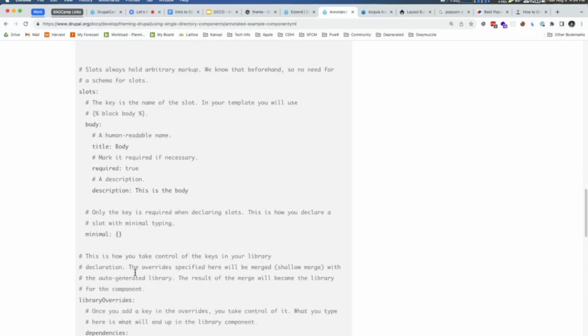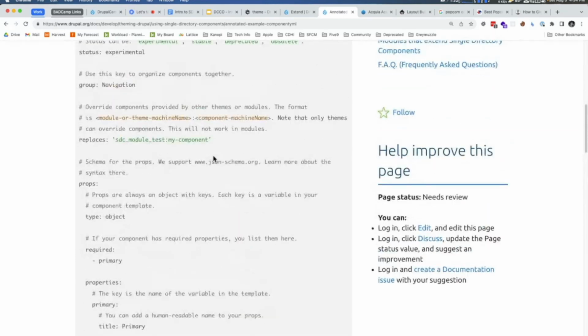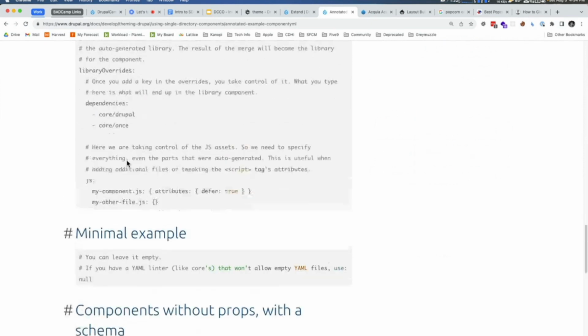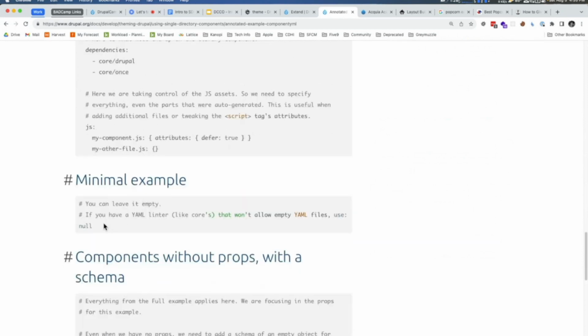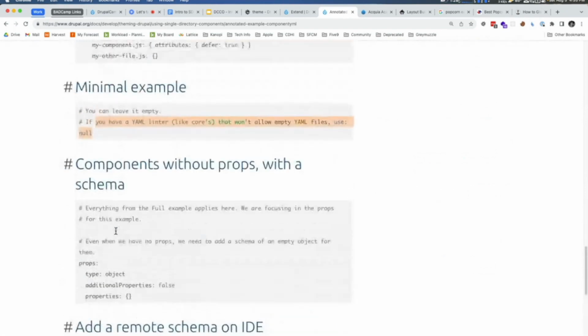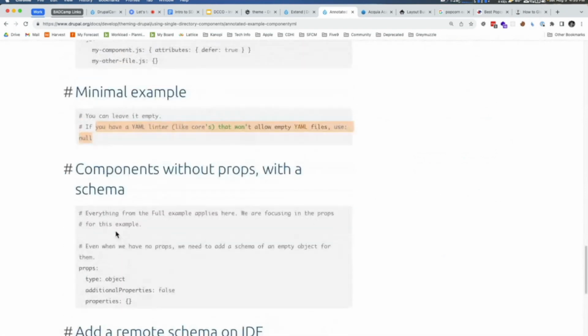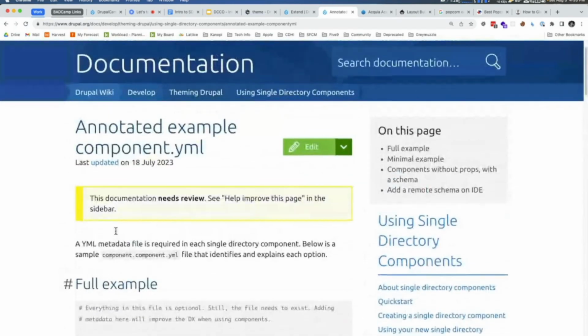So a couple other things that it does have here and that I'll go over later as well is whether it replaces it. If you are extending a module or a component, you're going to want to replace the original, and this helps you do that. It also has some libraries in there. Like I said, if you have your libraries all in the one folder, it'll work. But if you have to extend other libraries, you can actually do that as well. It says there's a minimal example where you just keep it null. A lot of great stuff in there. And if you want more information on the schema and whatnot, this is your page for that.